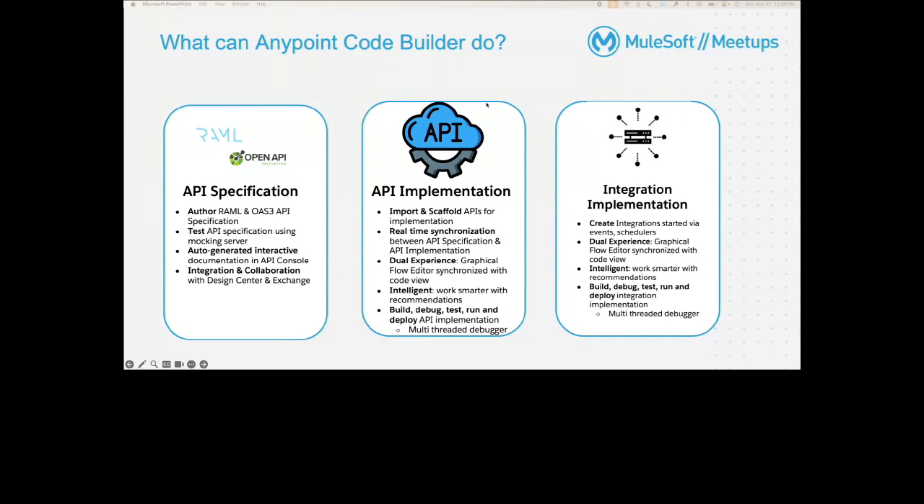Under the API implementation, import and scaffold API for quick implementation, maintain real-time synchronization between the API specification and the implementation, utilize a dual experience with both graphical and code views, work intelligently with built-in recommendations, build, deploy, test, and run all of these, and deploy API implementation